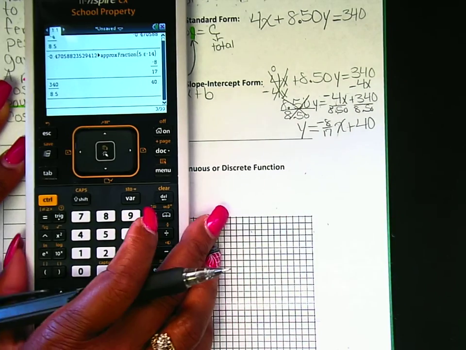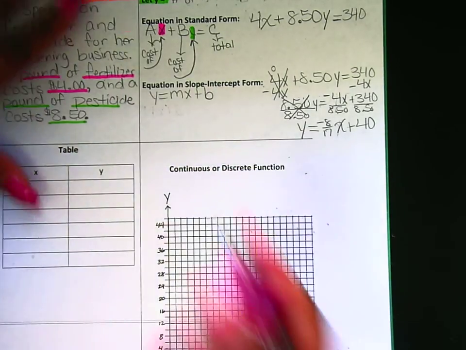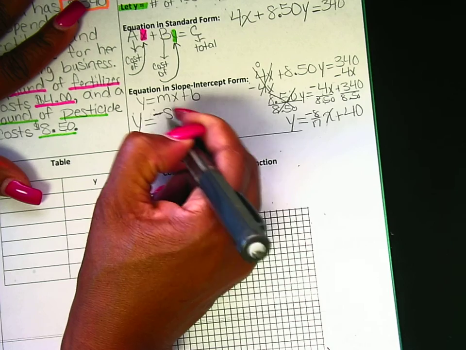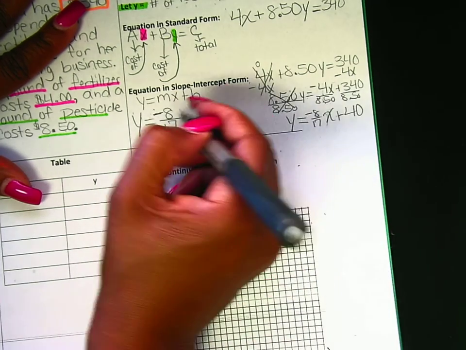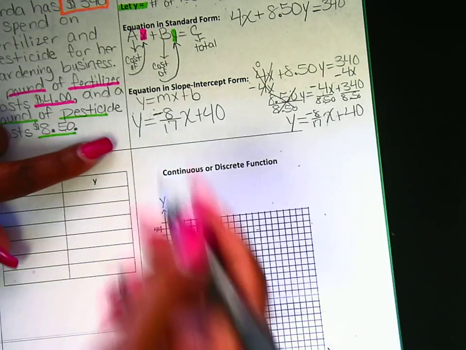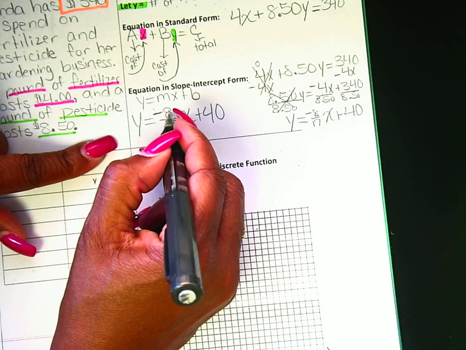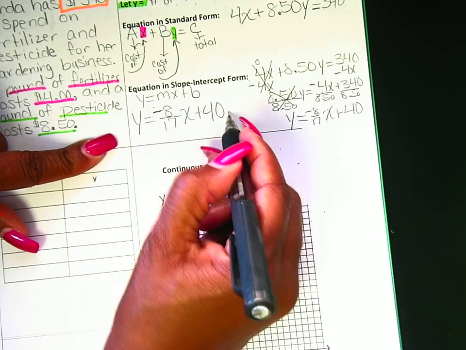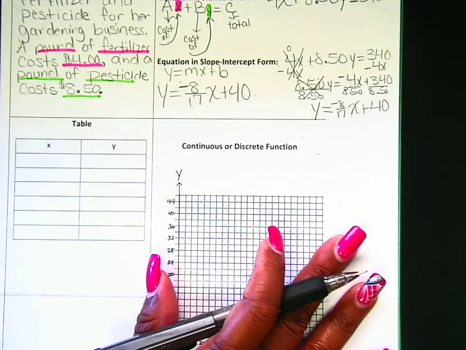Okay? So now I have it isolated. I have it as Y equals negative 8/17 x plus 40. So I know that my slope here is negative 8/17, and plus 40. So here we go. This is real life. This is like